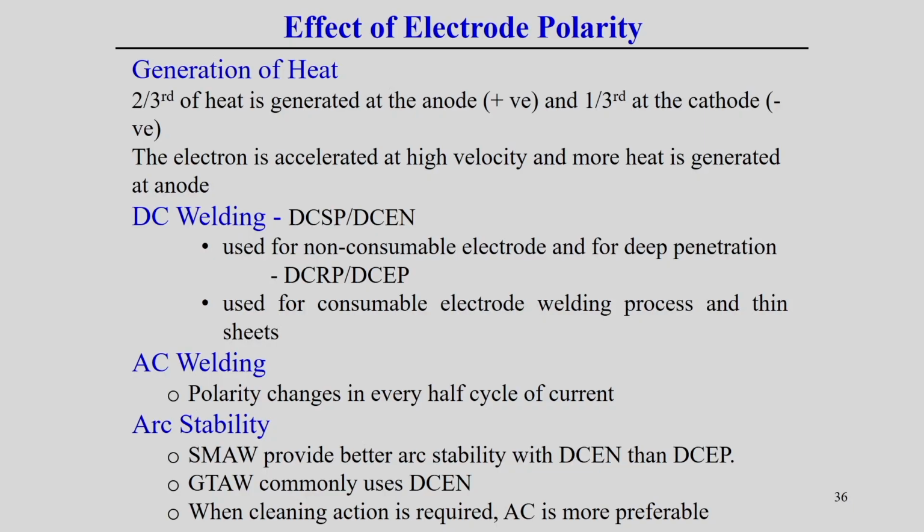Now, the effect of electrode polarity. If you look into some welding machines, sometimes it is necessary to set the current and voltage. I am talking about the arc welding process. So, in this case there is a need to set the current and voltage, and then apply the current, and of course a certain amount of current and a certain amount of voltage or potential difference is also required to join the two components.